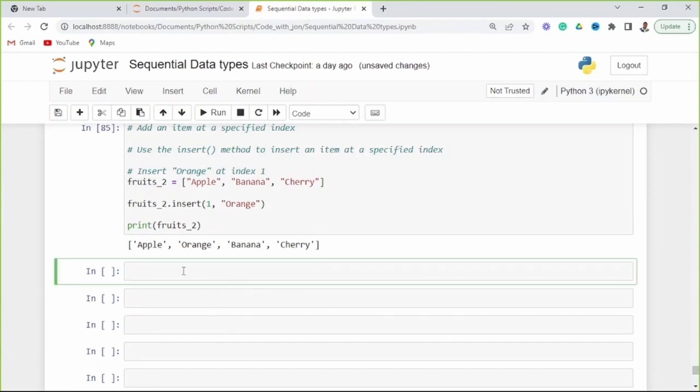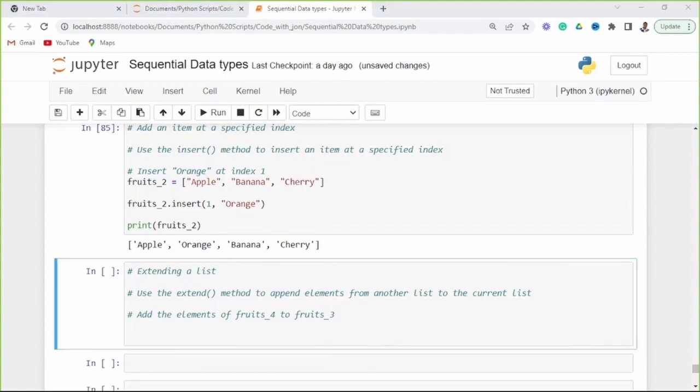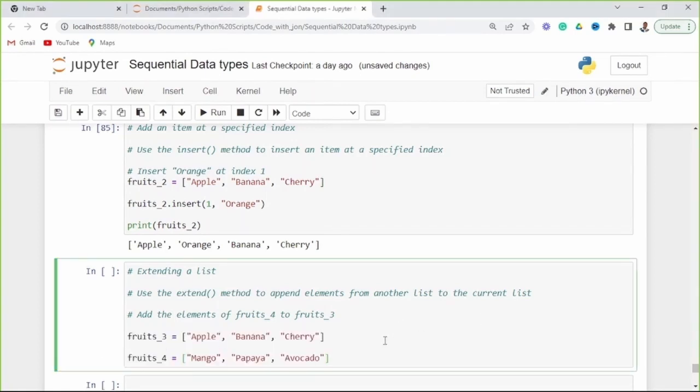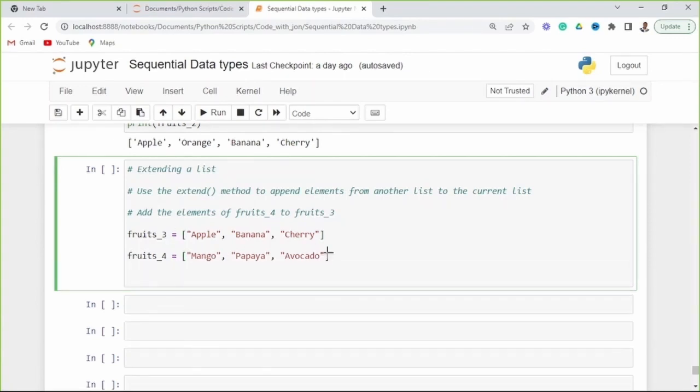We can extend a list from another list. To extend a list, use the extend method to append elements from another list to the current list. Add the elements of fruit 4 to fruits 3. Now we're adding these elements into these ones. We're going to use